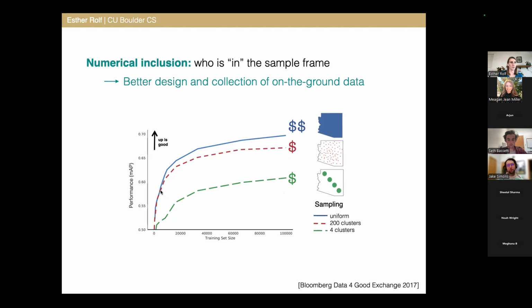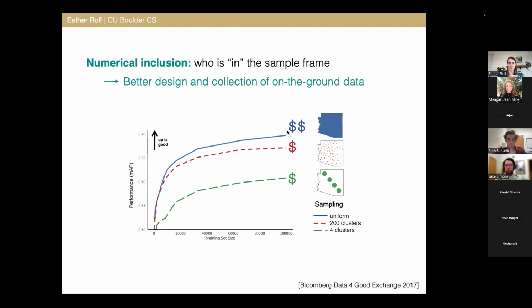Whereas the bump from this middle red line, with a large amount of small clusters, to a true uniform at random sample, where you would just send people all over the state of Arizona, has a smaller accuracy bump, but potentially a much higher cost bump. So these are really practical questions that we can answer with these scaling laws based on the different numerical inclusion